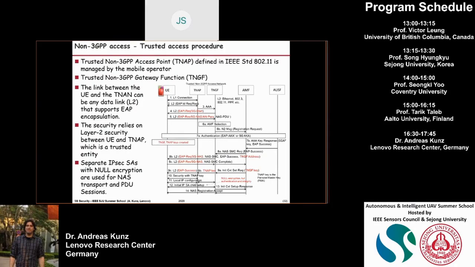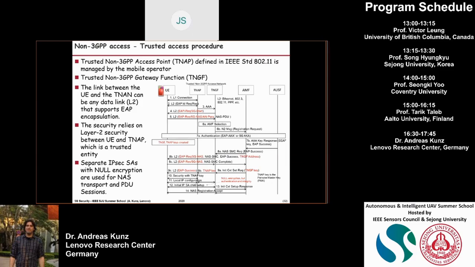Here the UE does not have IP connectivity, but the trusted non-3GPP access network is managed by the mobile network operator. So this access point can send direct messages to the core network, that means the AMF. We also have EAP-5G for encapsulation here, and